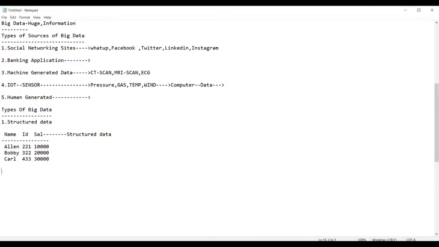So now, guys, this is called structured data. The next one, the second one, is semi-structured data. Semi-structured data means this data is purely not structured as well as not unstructured. It is semi-structured. You have some semi-structured data, such as data in